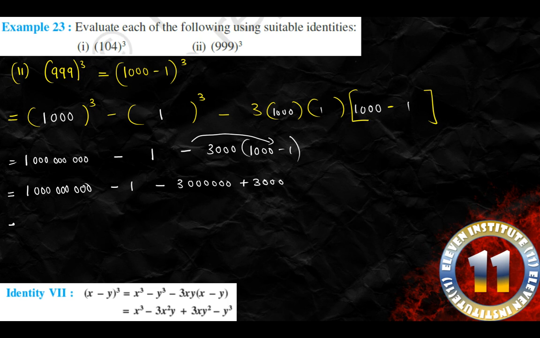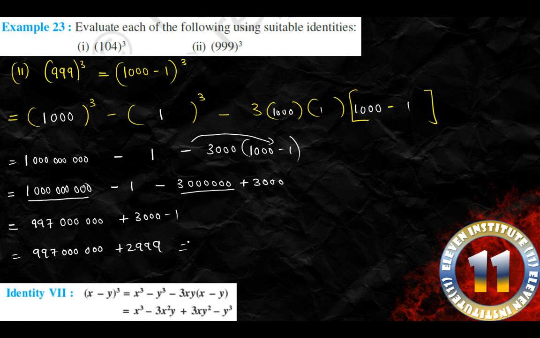Now this is very much simple to add, subtract, whatsoever you want to do. Select these two larger numbers. You can see 6 zeros will cancel over here. 1000 minus 3 will give us 997. So we can write over here 997 and 6 times 0 plus 3000 minus 1. So we get 997 and 6 times 0. 3000 minus 1 is 2999.